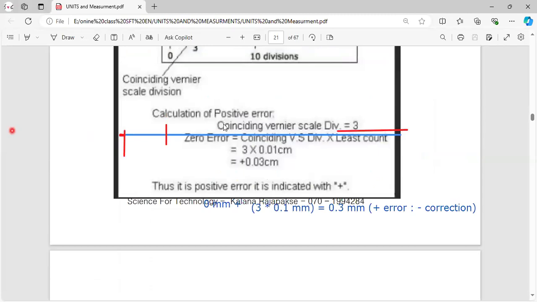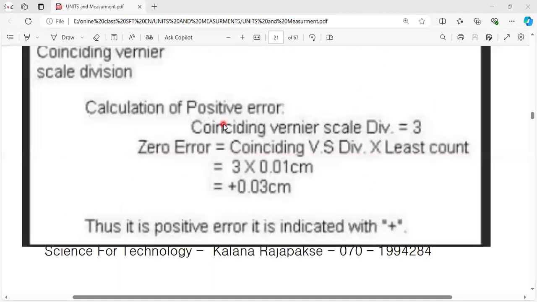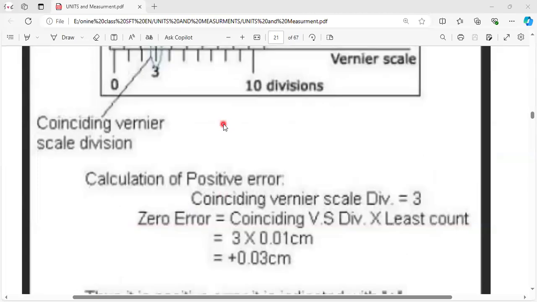So it is all again explained in here, right? Calculation of the positive error: coinciding vernier scale division. Vernier scale division, okay, it is not the main scale division, but most students get confused when it comes to reading the coinciding part. It should be calculated or read out from the vernier scale. So it is going to be 3 multiplied by the least count. It's going to be 0.3 millimeters,